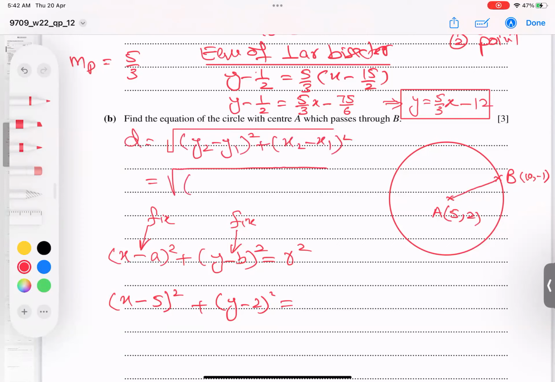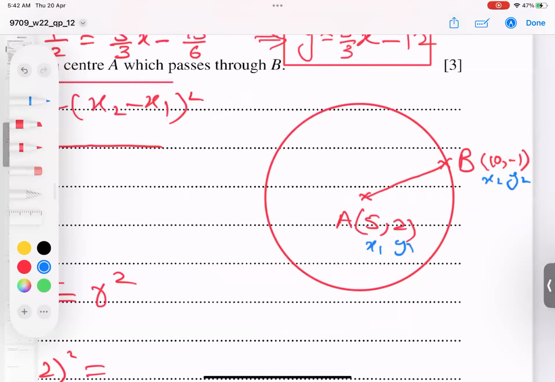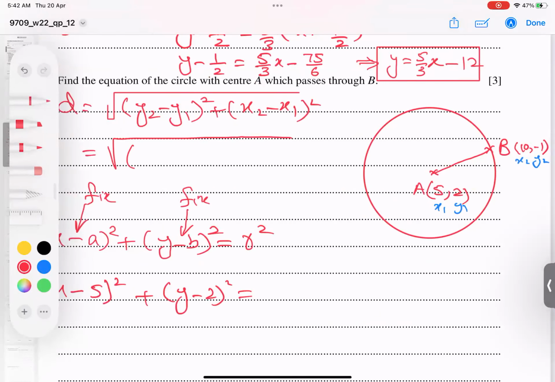So apply the formula. It is not hard. You can label them any way here, no problem. I will label x1, y1, x2, y2. In this way, the chance of mistake reduces. y2 is minus 1, and y1 is 2, x2 is 10,